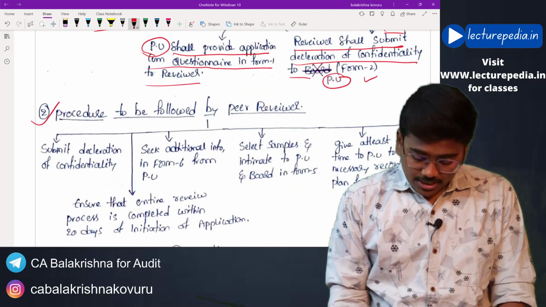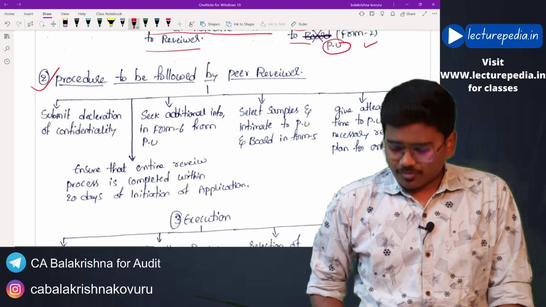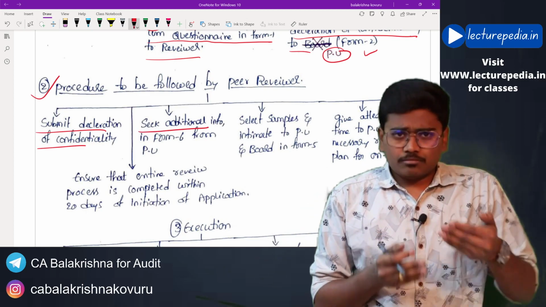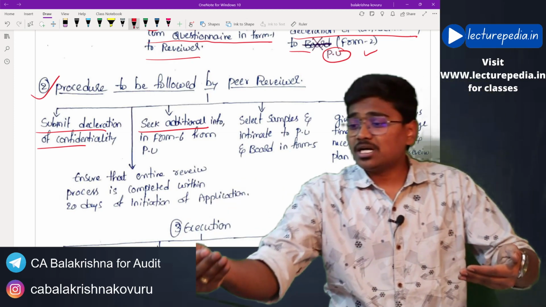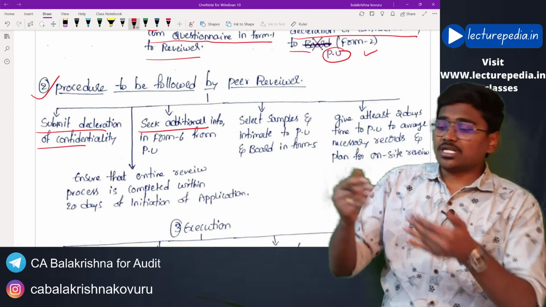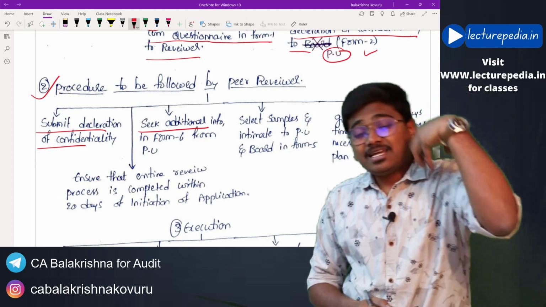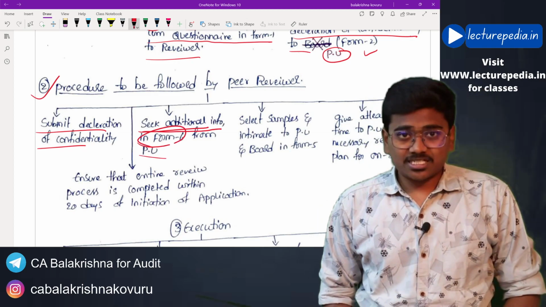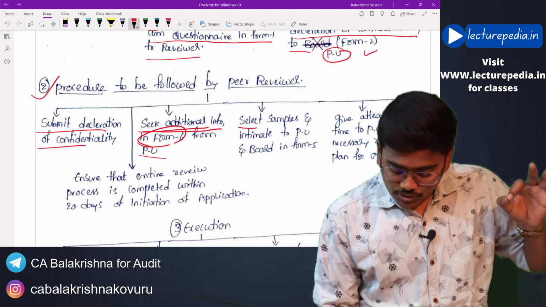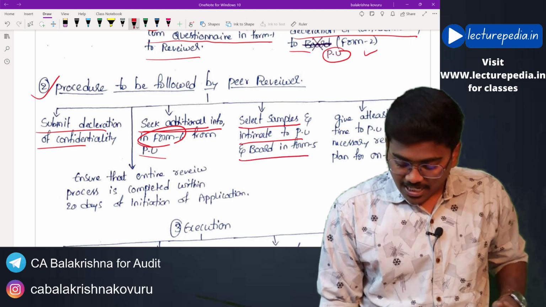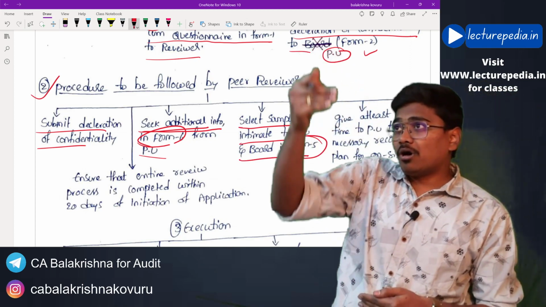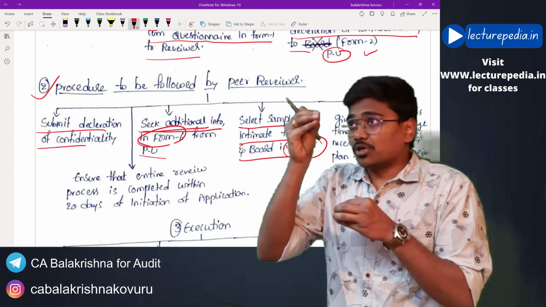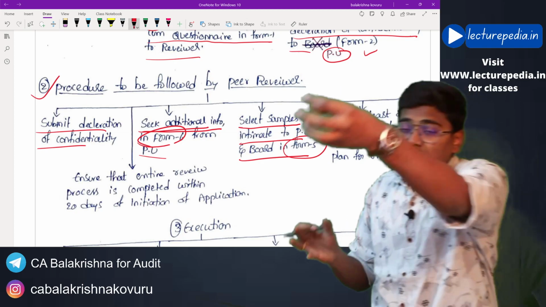Next, procedure to be followed by the peer reviewer. First of all, once he has been appointed as a peer reviewer, he has to submit declaration of confidentiality. Then he will receive the application and questionnaire given by the practicing unit. After seeing that information, if he feels that any additional information is required from the practicing unit, he can seek additional information in form 6. After receiving such additional information, he has to select samples and intimate them to the practicing unit and board in form number 5. Okay, from all the assurance engagements conducted by the practicing unit during the year, he has to select the samples. Which engagement will be reviewed by the peer reviewer,